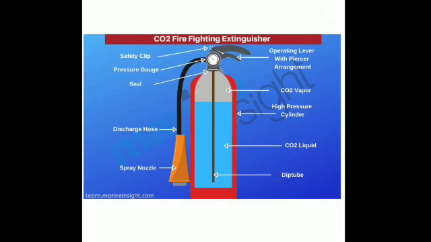Then soda acid and foam type fire extinguishers cannot be used to put out what? Electrical fire. Is that clear? It is because in these fire extinguishers water is also produced along with carbon dioxide. And what is water? It is a good conductor of electricity. Water conducts electricity and may cause an electric shock, because of the different types of ions present. It is not distilled water. That is why we cannot use soda acid and foam type fire extinguishers to put out electrical fires.